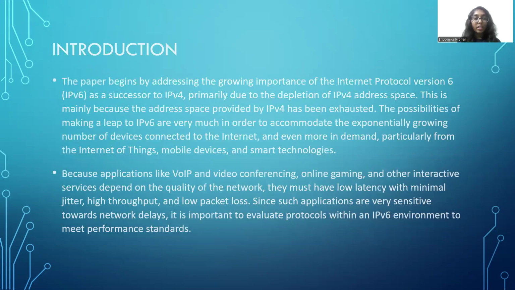Coming to the introduction, the paper begins by addressing the growing importance of Internet Protocol version 6, that is IPv6, as a successor to IPv4, primarily due to the depletion of IPv4 address space. This is mainly because the address space provided by IPv4 has been exhausted. The leap to IPv6 is very much in order to accommodate the exponentially growing number of devices connected to the internet, and even more in demand, particularly from the Internet of Things, that is IoT, mobile